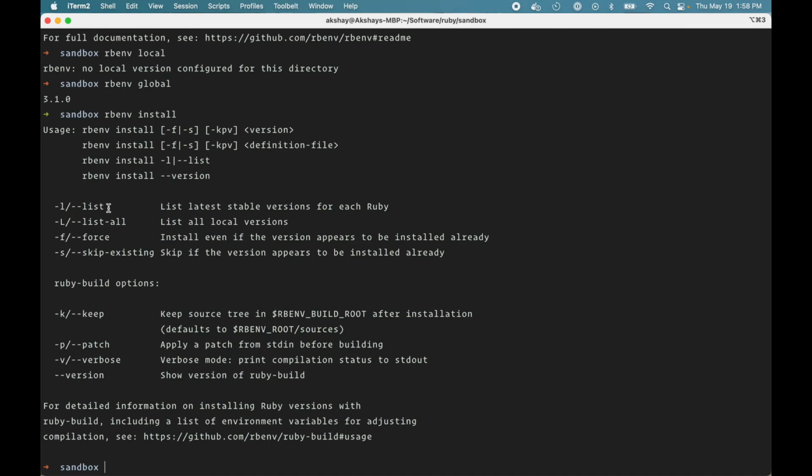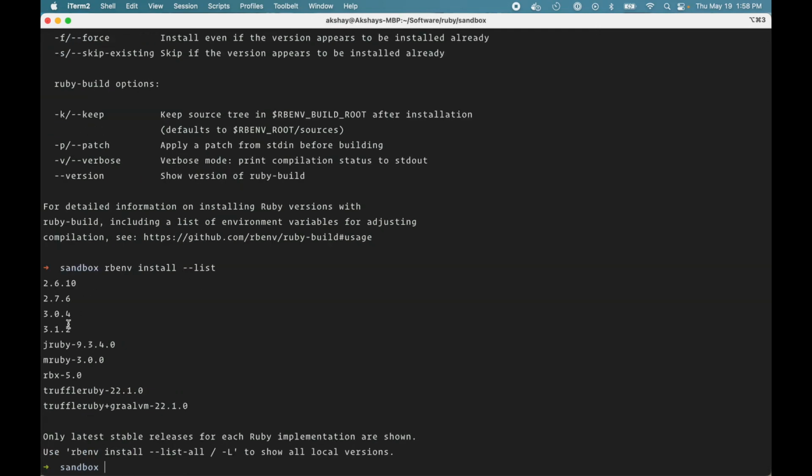If you want to find out what stable versions are available, you can just run rbenv install list, and that shows you the stable versions for different Ruby versions. Okay, now let's say you want to install a specific version. Just copy that number and do rbenv install and paste that. And I'm not gonna do that because it takes a while, and I already have a bunch of Ruby versions